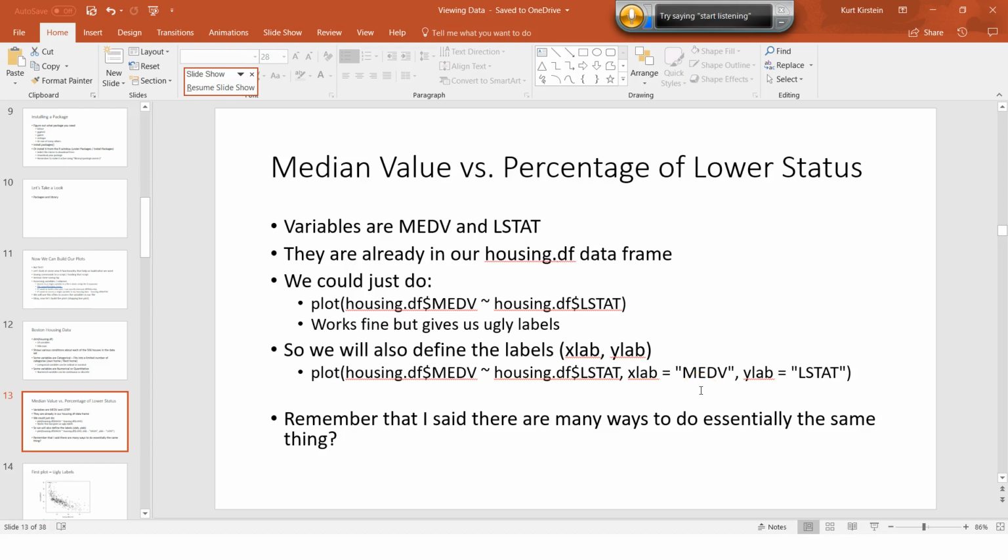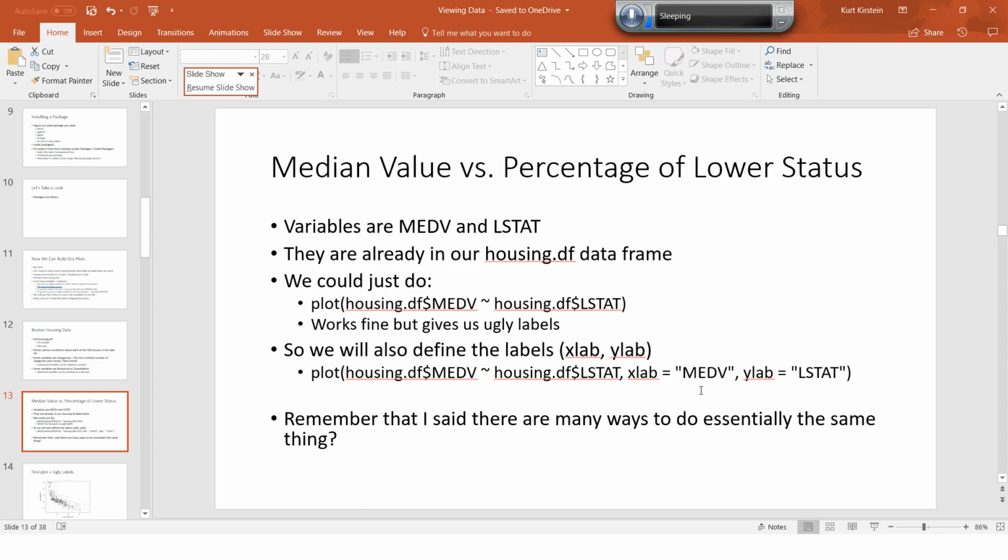Well, I don't know if I said that or not, but I'll say it now. There are many ways to do the same thing. And that comes in the fact that there are packages that essentially have the same functionality built in. So you have stuff in base R that will give you pretty basic bare bones stuff. And when you see the plots out of base R, you'll see that it does the trick, but it's not pretty. When you get into some of these packages, you can specify a lot more settings, a lot more things